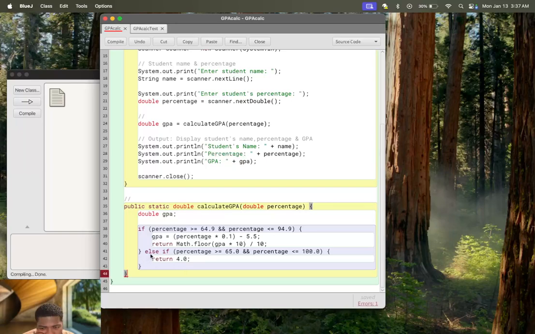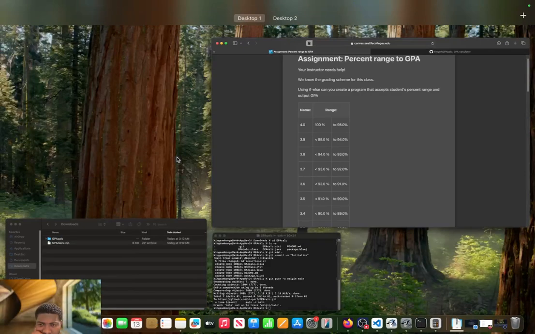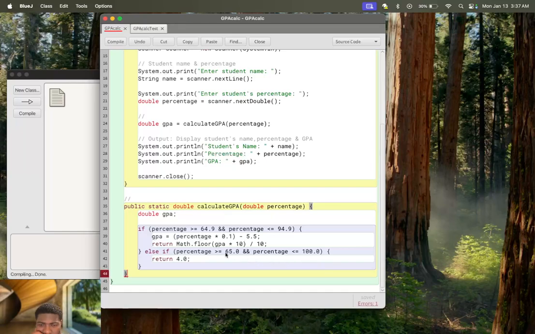So I'll say if percentage is greater than or equal to, no. What did I miss? I know I missed something here. 100. Oh, 95. Because this is, yeah, okay, so it's 94.9, so 95. I was like, what's wrong? Yeah, I could see something wrong there. All right. So else if percentage is 95,